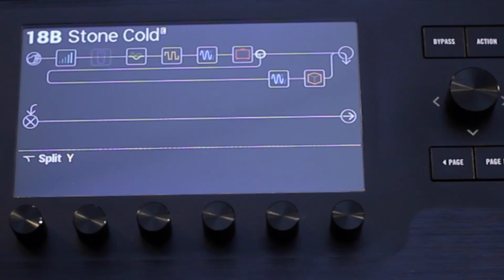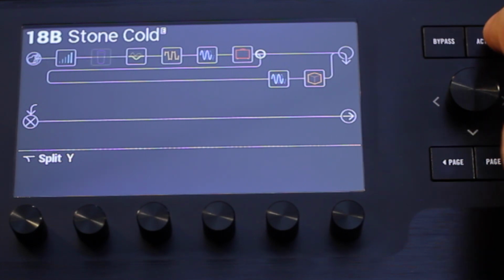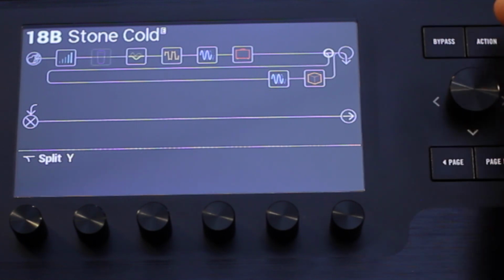Before adding any more effects, let's move the split point on path 1A to the end. Click on the split point directly after the amp. Hit the action button to lift the split point and then use the joystick to move it to the end